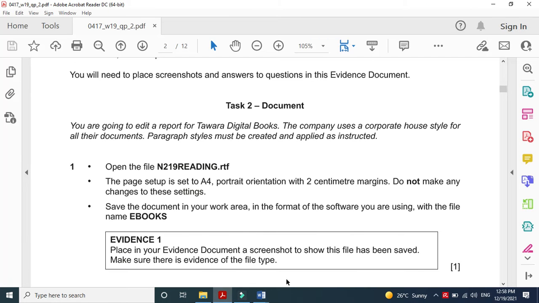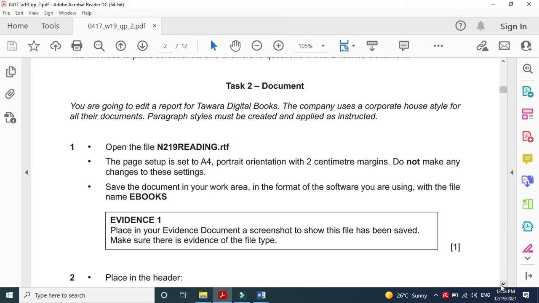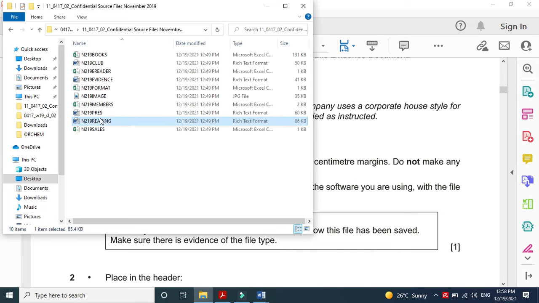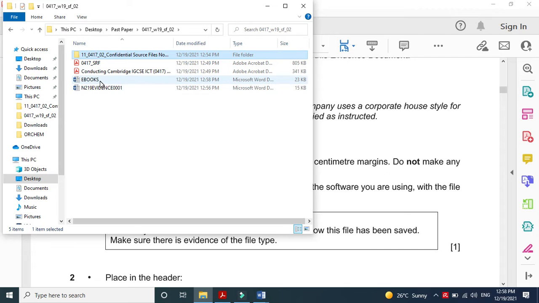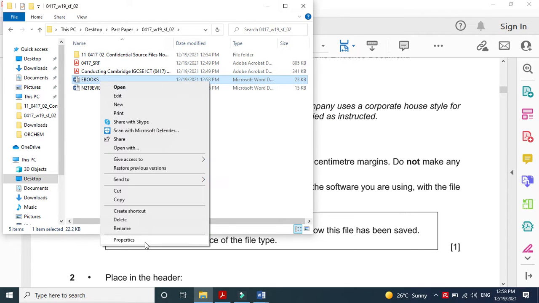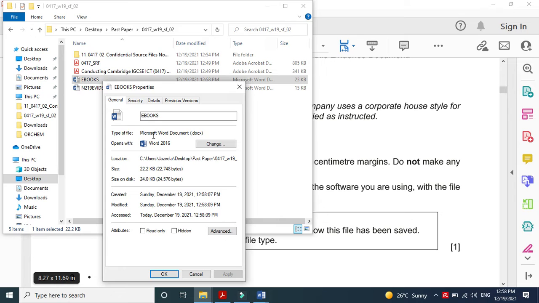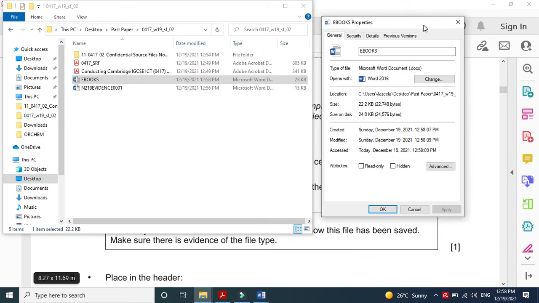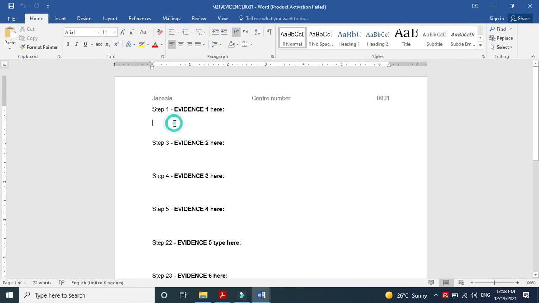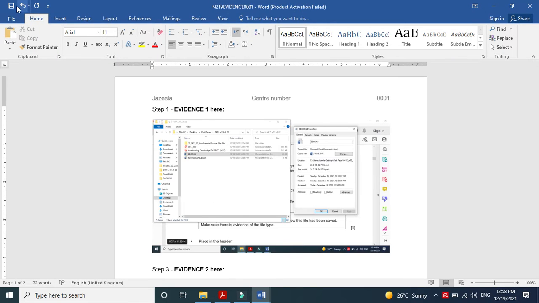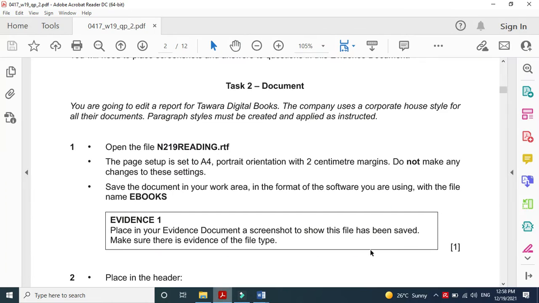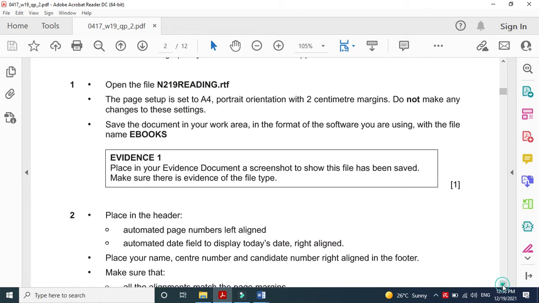Now, next question. Evidence 1, place in your evidence document a screenshot to show this file has been saved. Make sure there is evidence of the file type. So I saved it in this folder, and I can see my file here. I'm going to right click properties, and this shows which type of the file and the name of the file and where it is stored. So I'm going to take the screenshot of this and paste it as evidence 1. Save. Make sure to save after each question so that it will help you even if there is any technical